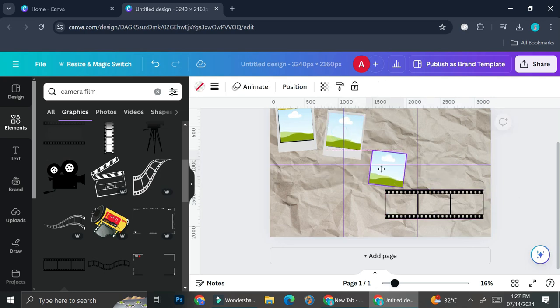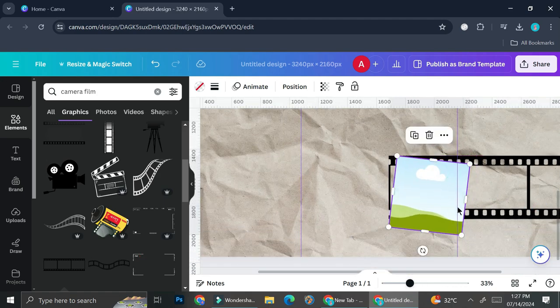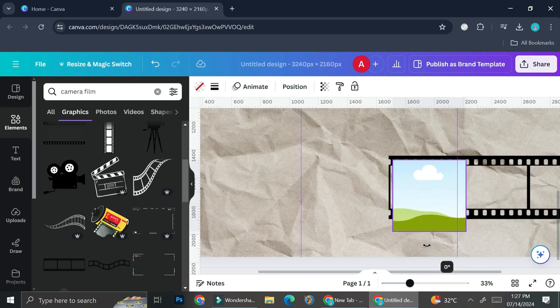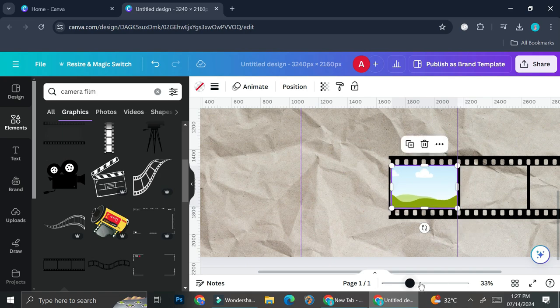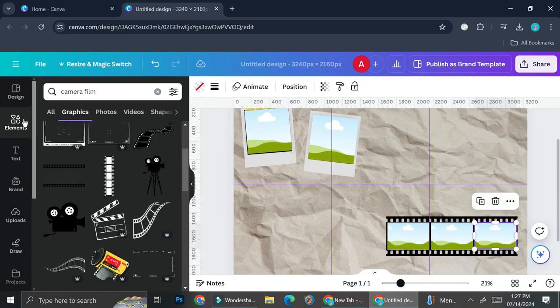And the reason why I'm adding frames into these elements is because I find it easier to add my pictures into the frame instead of having to manually adjust them into my elements. Alright, that looks great. Now I'm just going to use pictures that are available from Canva to fill in my